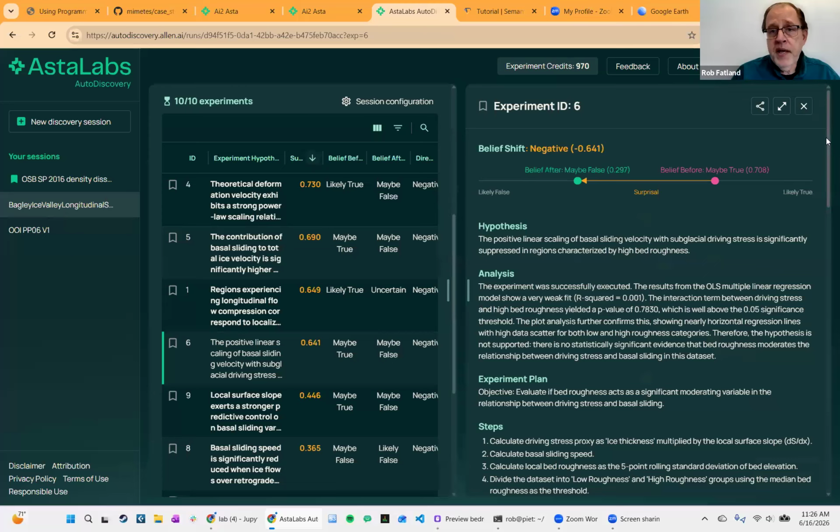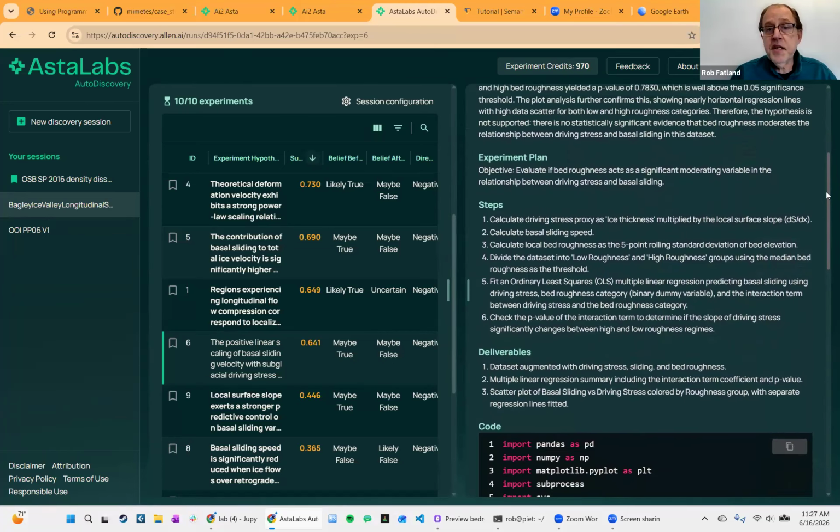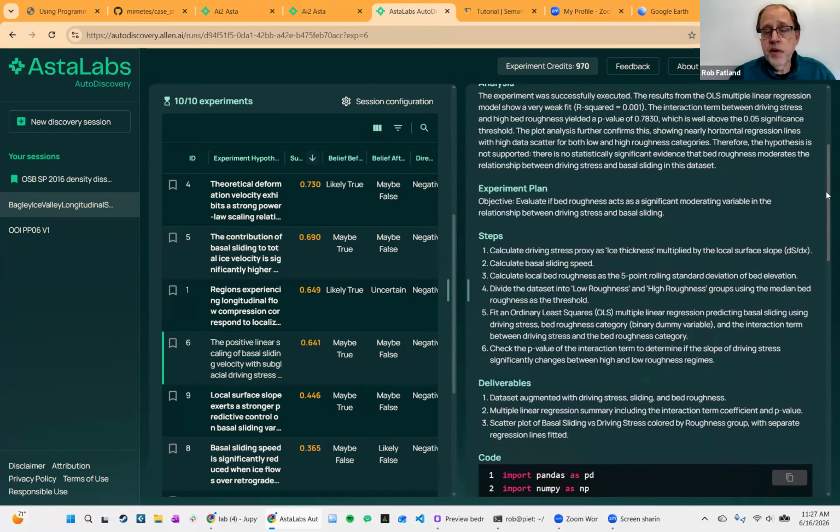And then over here on the right-hand panel, we have the hypothesis analysis for a particular one of those 10 experiments, including the steps that it took, the code, as I mentioned, and the output of the code, and the chart that it comes up with, and then sort of a final write-up. So this is an interesting and openly available sort of utility.